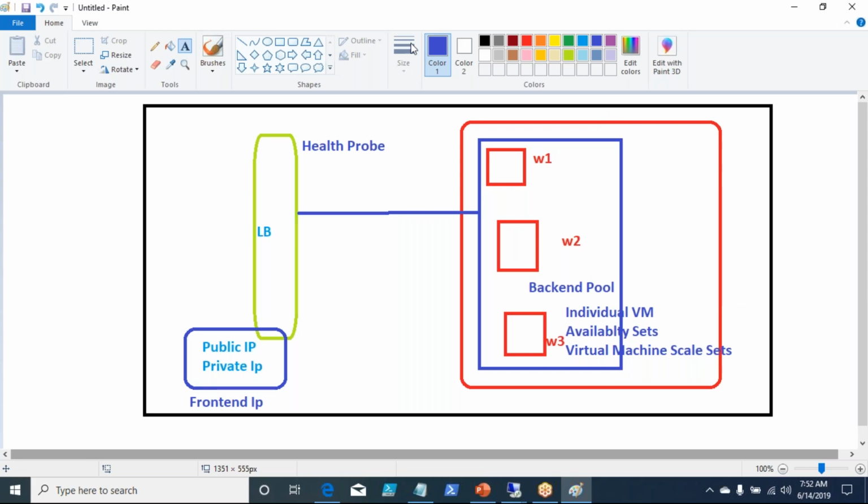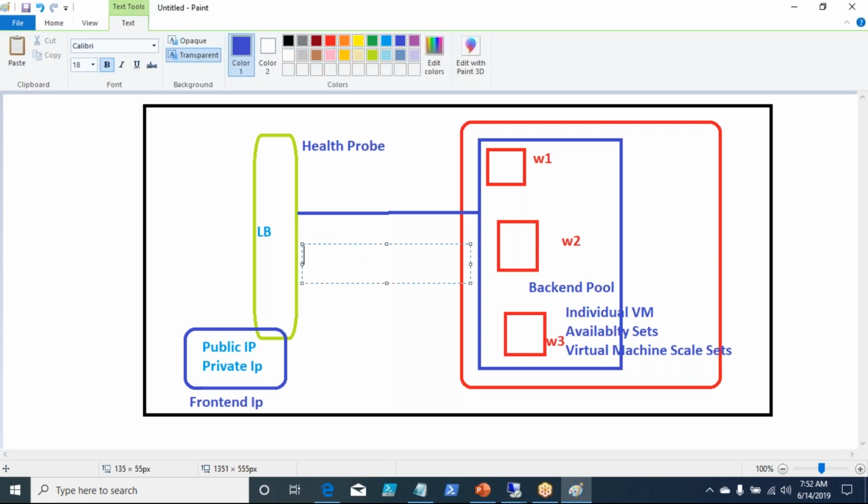And apart from this, there is something called load balancing rule. Now, what will this load balancing rule have? It will have a health probe, right? It will have a backend pool, and it will also have some other conditions or settings.